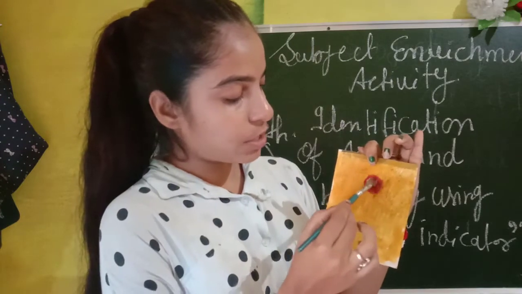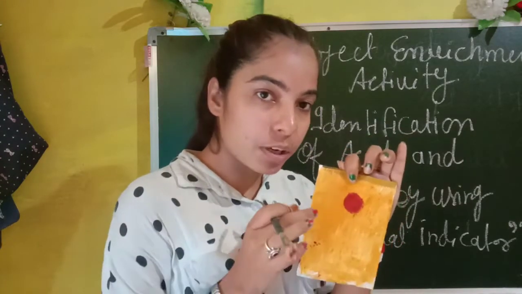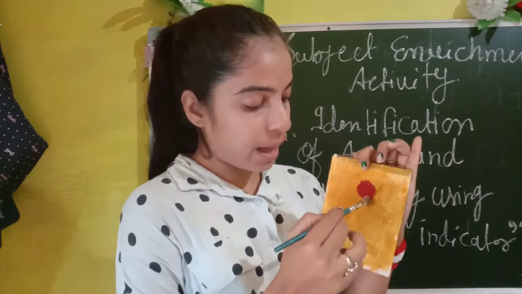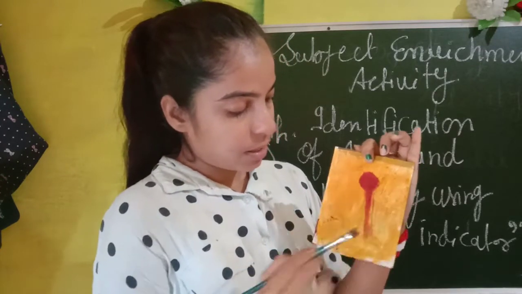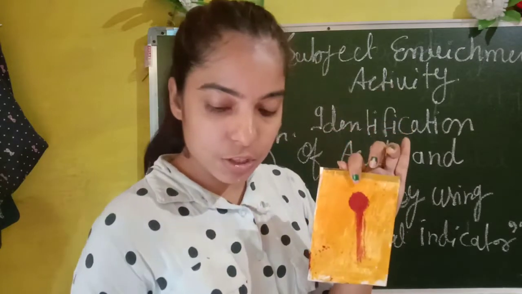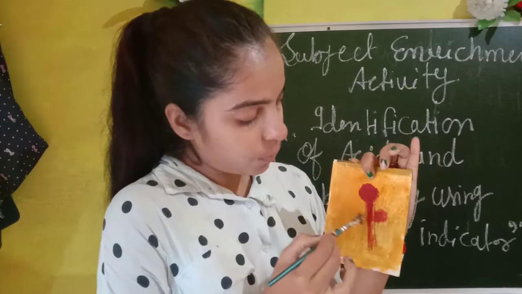So what are you watching here? The color is changed. On using the detergent on the yellow color, when the detergent comes in contact with turmeric, what will happen? Here the color is changed. Okay. Are you watching? The color is changed by using detergent. So